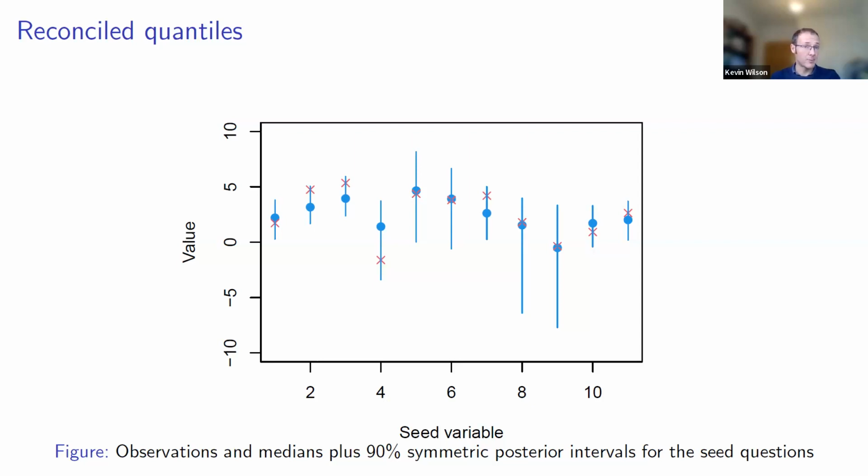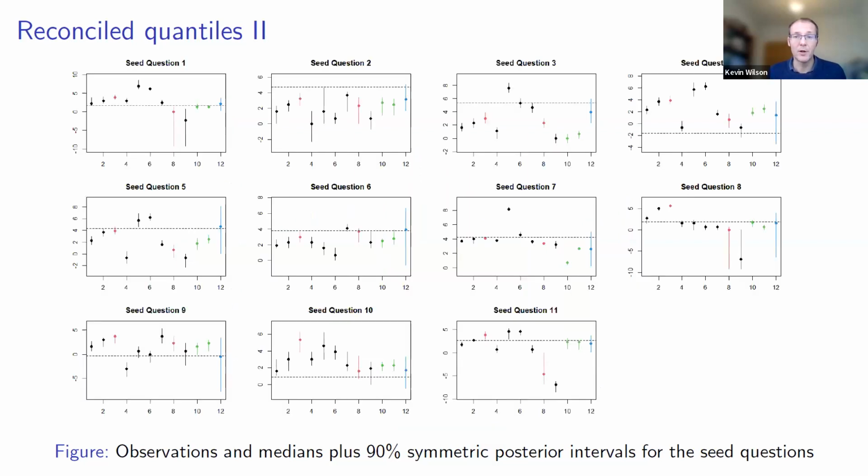But is that because all the experts were particularly good in this particular study? Now, this is a tiny plot, so don't worry about seeing too much detail. We've got each of the 11 seed questions. The x-axis now is each of the 11 experts, and then on the very right-hand side, the very final one is the aggregated distribution. The dashed horizontal line there is the true value of the seed variable. For each of the experts and for the Bayesian aggregation, we've got median and 90% interval.